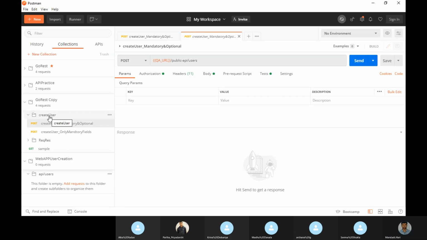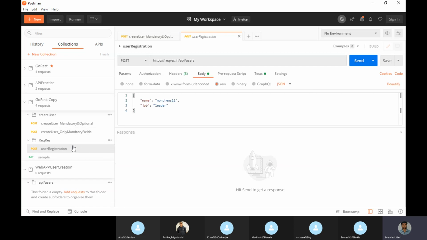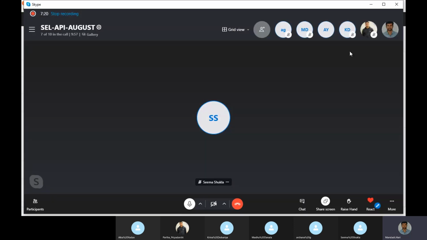And here, like some user registrations. So I can create a user here. This is user registration. See, if you see here the endpoint is different. So I am creating users with POST. So where is that?